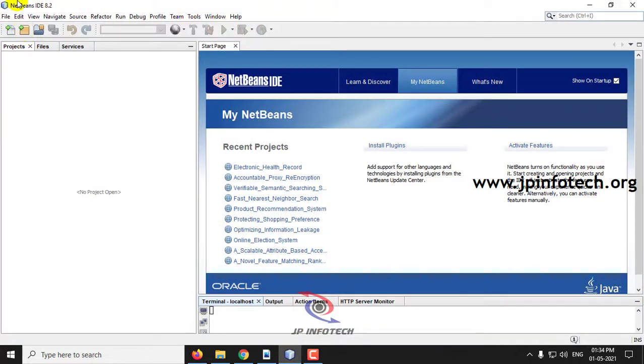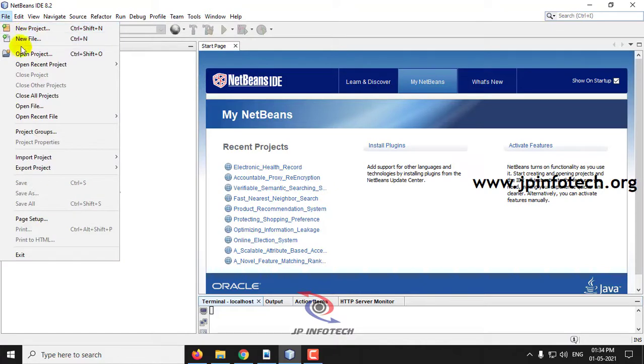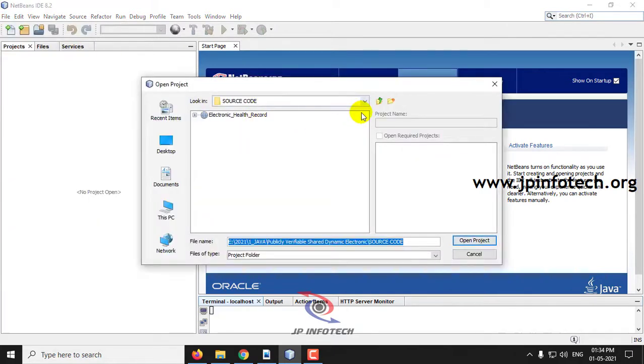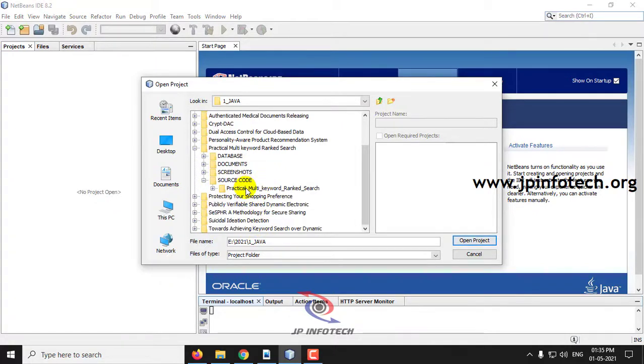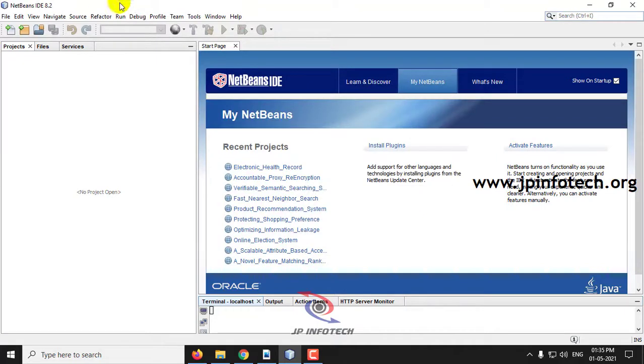We have developed this project in Java using NetBeans IDE 8.2. First let me load the project into NetBeans. For that, go to File and click Open Project, and select the source code folder. Kindly wait till the project is completely loaded. Meanwhile,